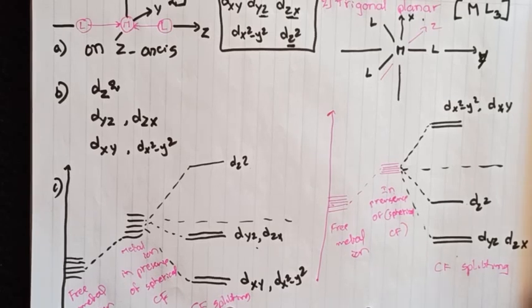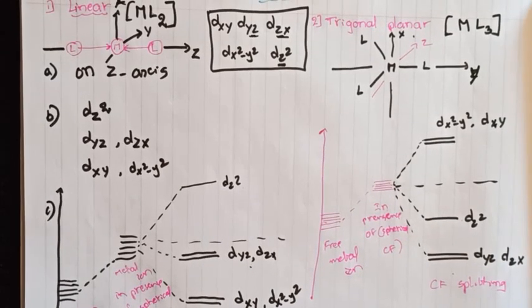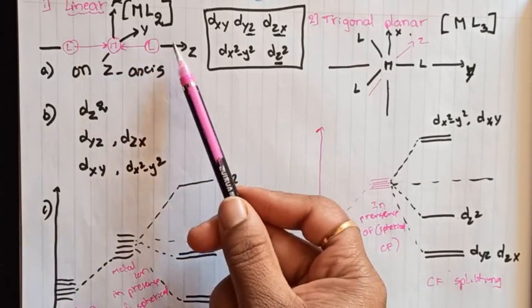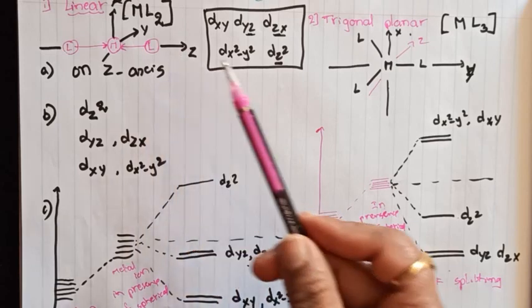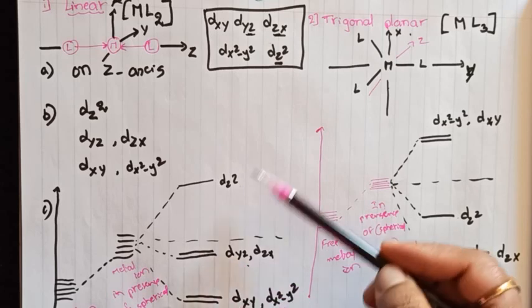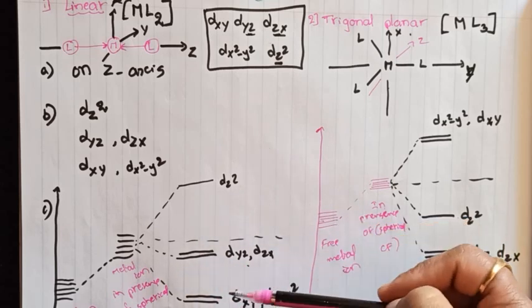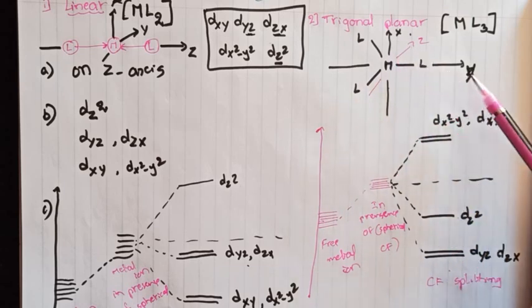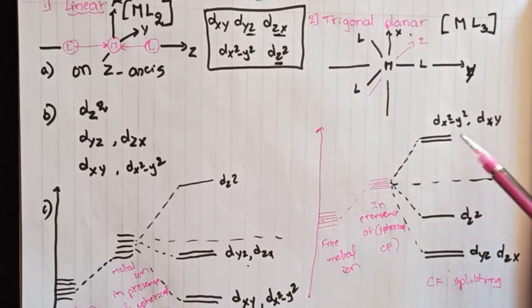So this is the way you can explain crystal field splitting of any geometry if you know exactly how the ligands are approaching. In linear geometry, ligands approach through the z axis, so the metal d orbitals whose lobes lie in the z direction get more repulsive forces. But in this case, the 3 ligands lie in the xy plane. That's why the d orbitals having lobes in the xy plane get more energy, whereas the rest of the orbitals get less energy. That's all about splitting of the d orbitals in linear and trigonal planar geometry.